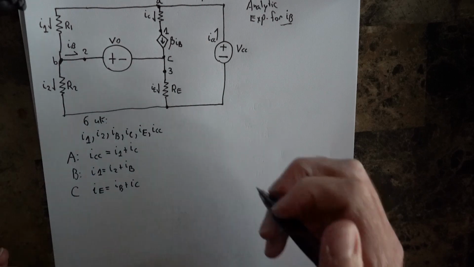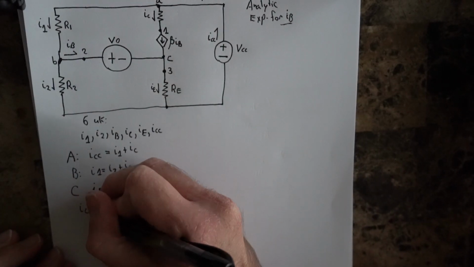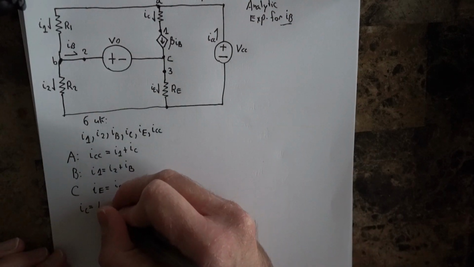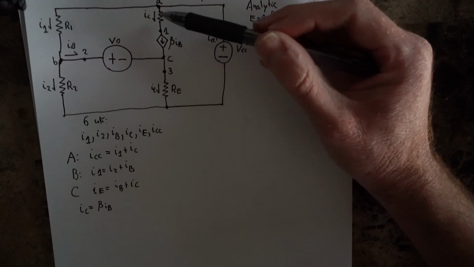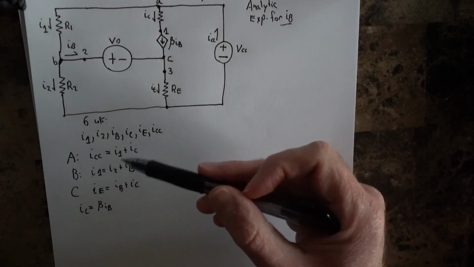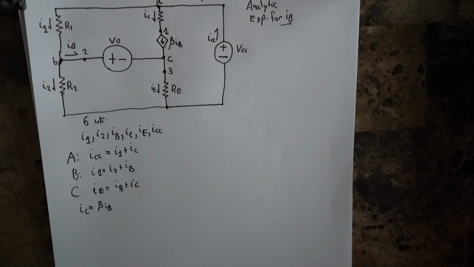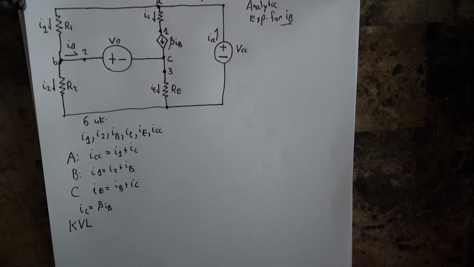Okay. Now notice here, let's exploit the dependent source in that we already know that IC, this current right here, is simply equal to beta IB, and that's just by symmetry, as we know that this current flowing through this path must be the same. So we know that IC is equal to beta IB. Okay, so hopefully that might help us out here in a little bit. So let's first apply KVL. Okay, KVL. So we don't want to use any loop with this dependent source here, and the reason being that we don't know